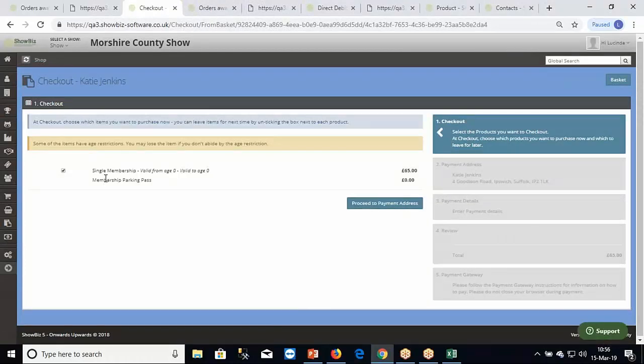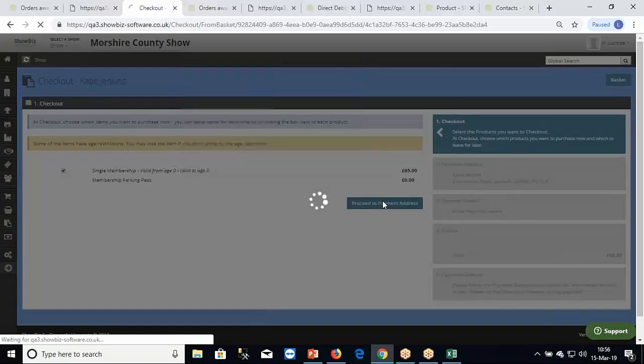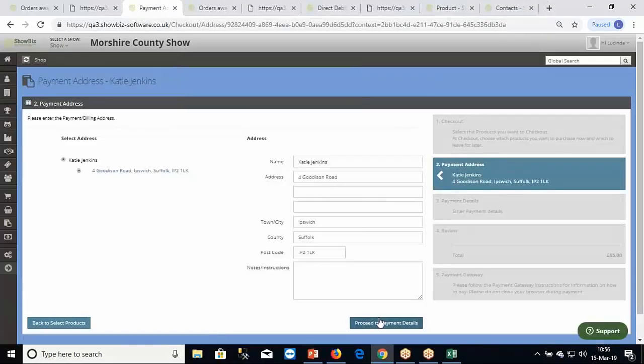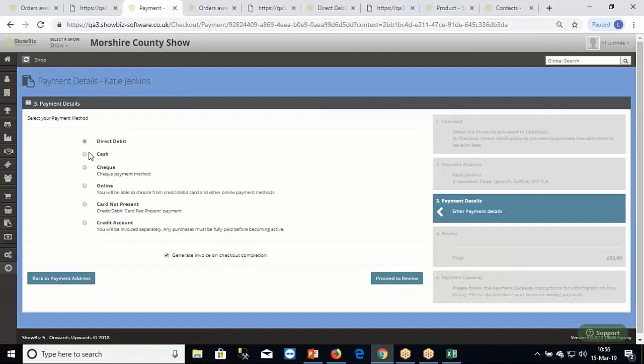And because of what I was mentioning earlier, the basket rules, any membership that gets added to the basket gets a parking pass automatically included. So the customer knows that they're getting a parking pass with their membership, and this will also be included in the packing or the orders dispatch report as well. So you can proceed to payment, keep going through,